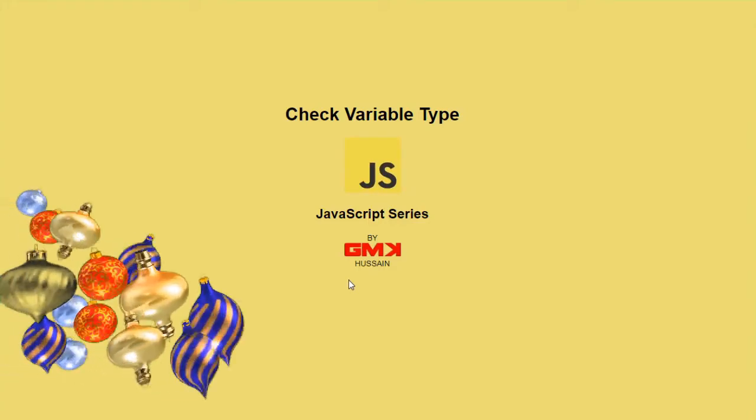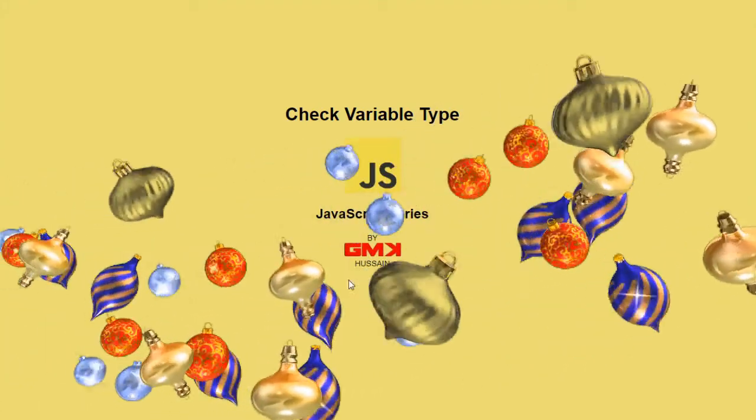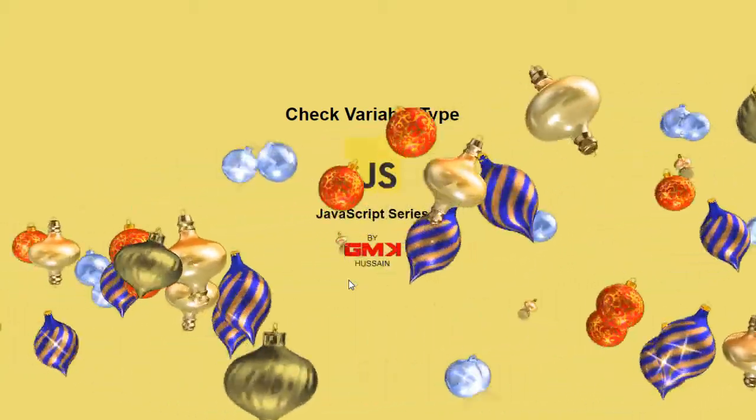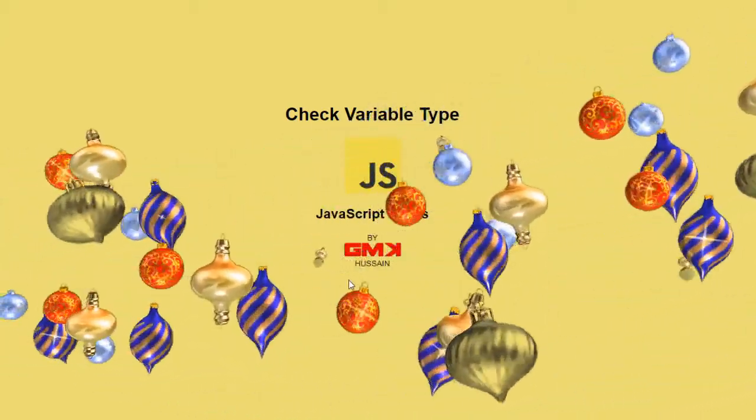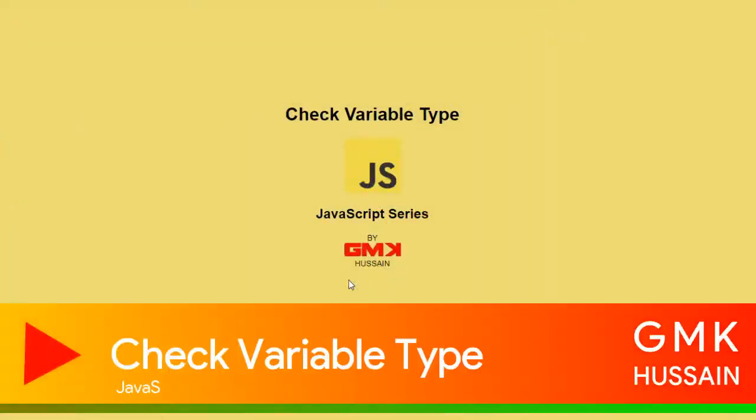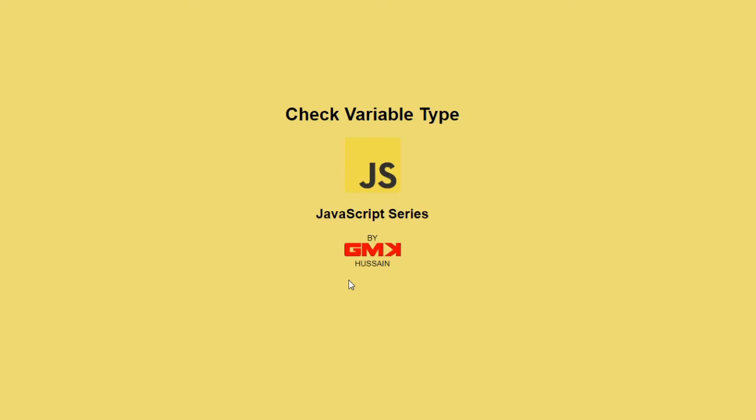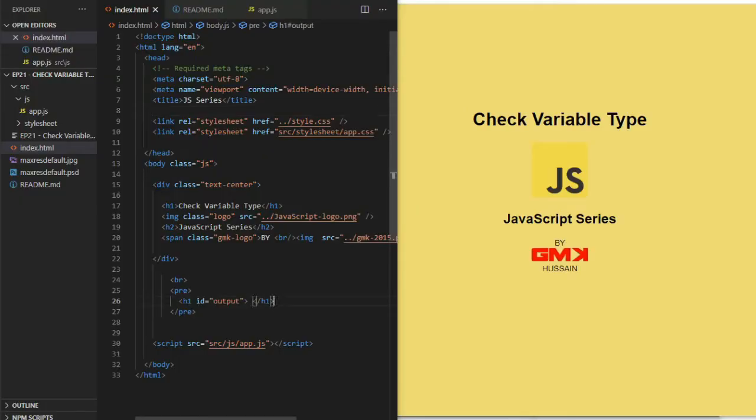Checks variable type, JavaScript series. In this video we'll check how we can identify the type of variables. So let us start. On my screen, as usual, I use an output element here with an h1 tag, and then go